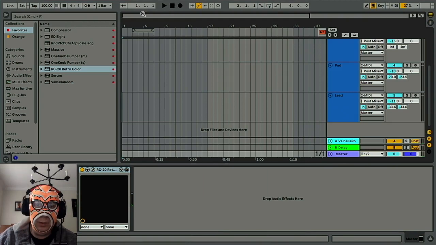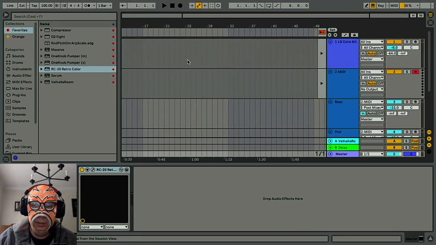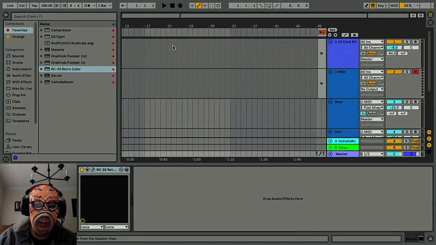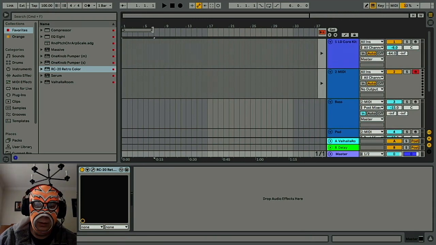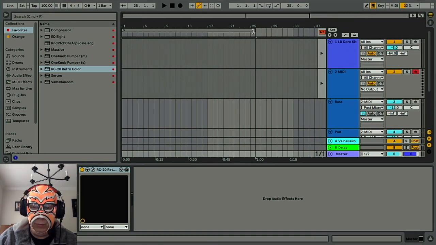Now look at this beautiful arrangement view that's totally blank. So we're going to go ahead and create a 1-minute track, good for exporting. So move the little loopies over there so I know where 1 minute is. Stop, and then